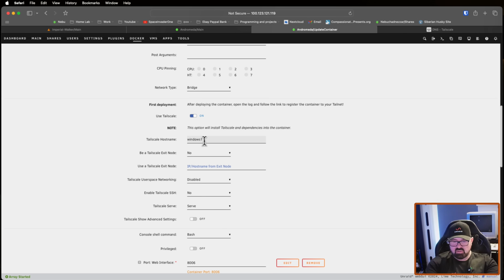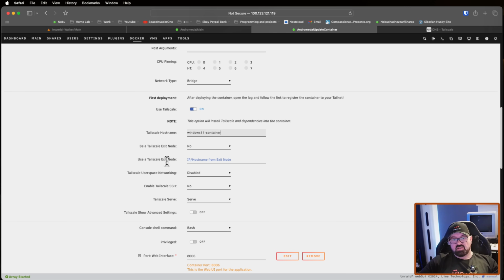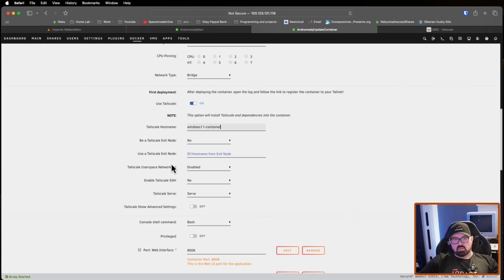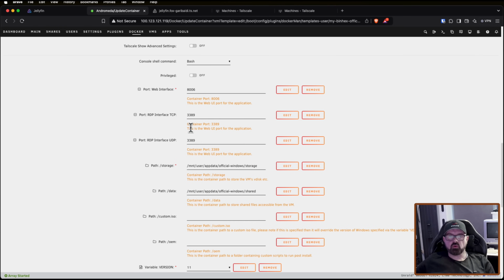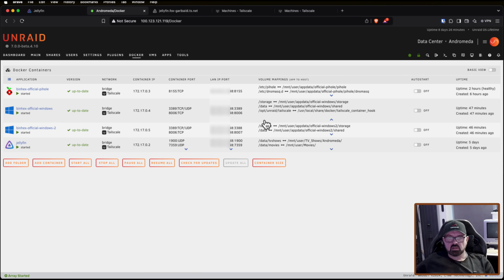Well, actually, Windows 11 container, I think. I don't want it to be an exit node, and I don't need it to use an exit node. And we're going to keep Tailscale serve enabled. Then we can access this basically through Windows 11 container.fox-garibaldi.ts.net. Now, before we go ahead and actually install, this container is very similar to Pi-hole in the fact that